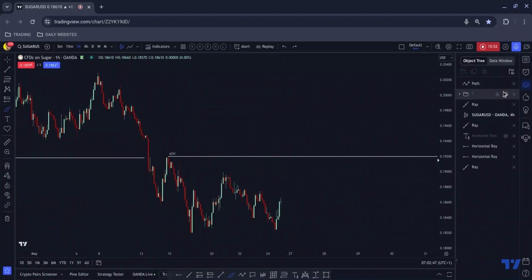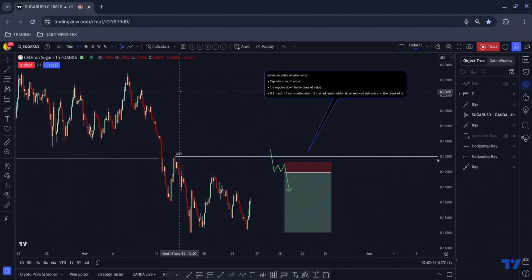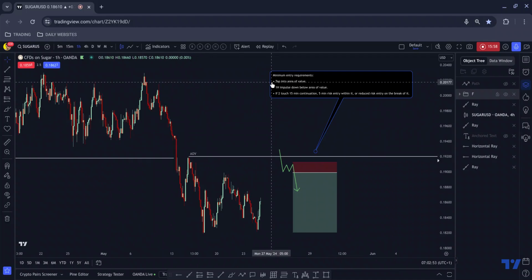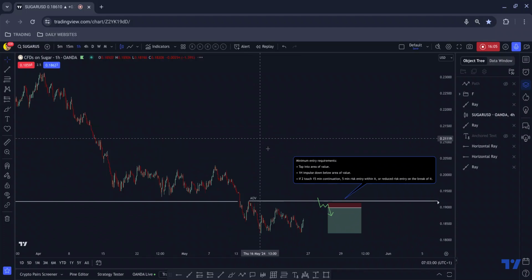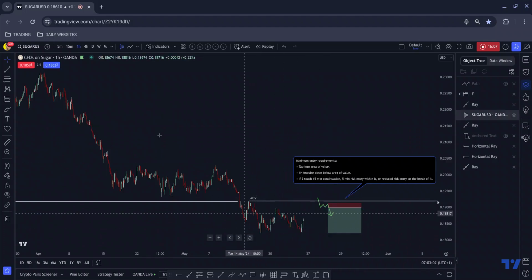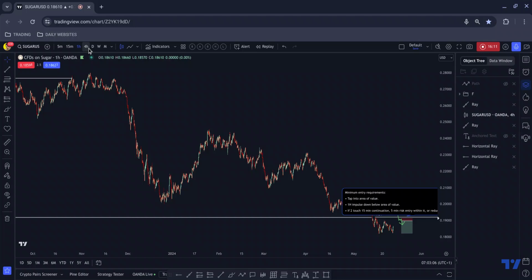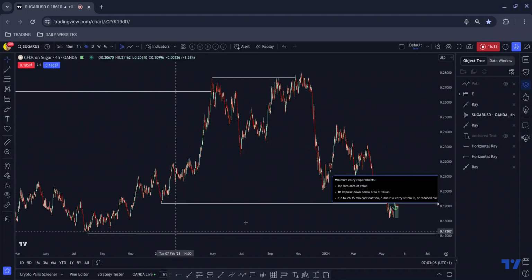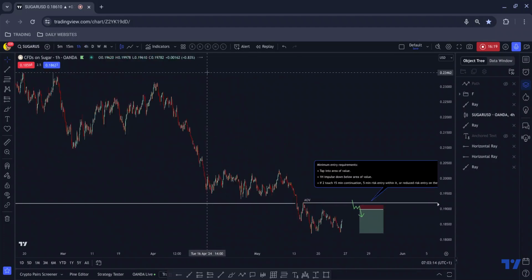But what I'm going to be looking for, and I'm going to have to speed up because I'm running out of time a little bit, is a tap into here, a 1 hour impulse down, and then a 15-minute continuation, and then I would look to get short on the break or within the flag, and I would be able to manage it down to there for about 5.5%. Okay, and then I would be targeting that low down there, and I would use the mechanical management system, and we would have about 11 or 12% to work with to that low.